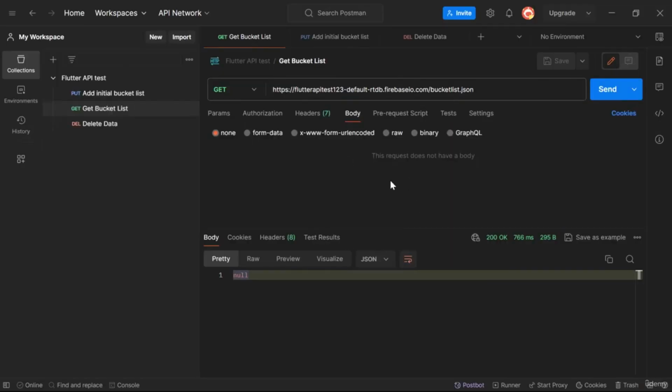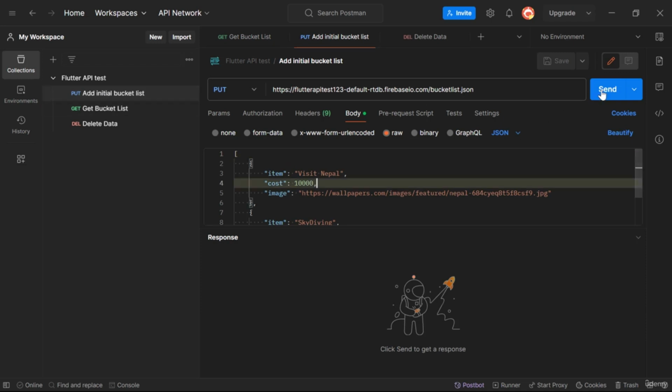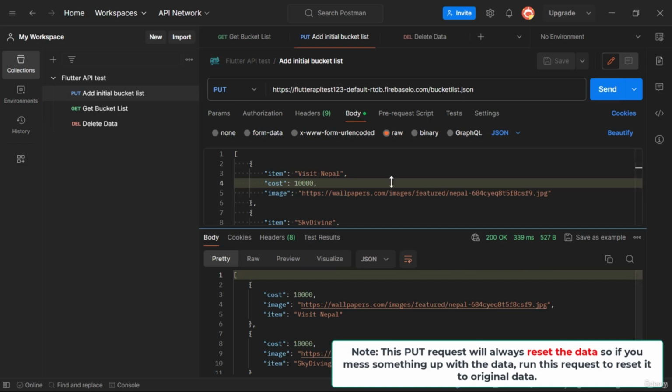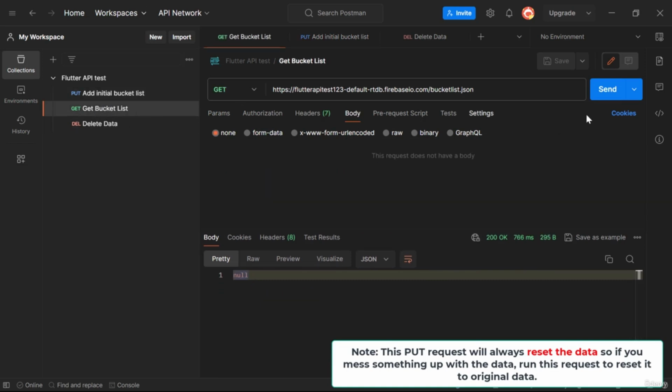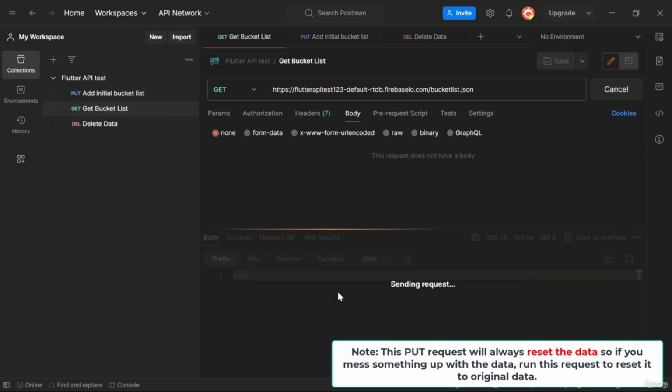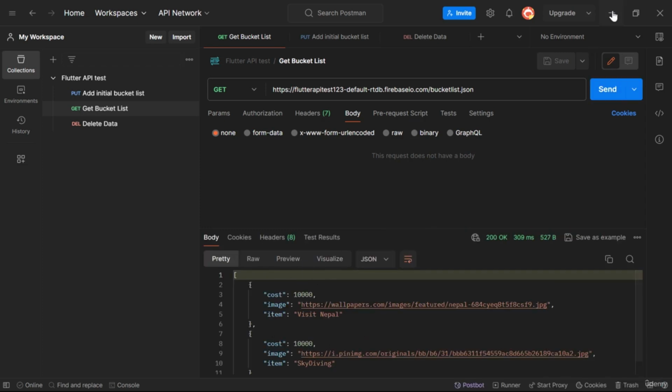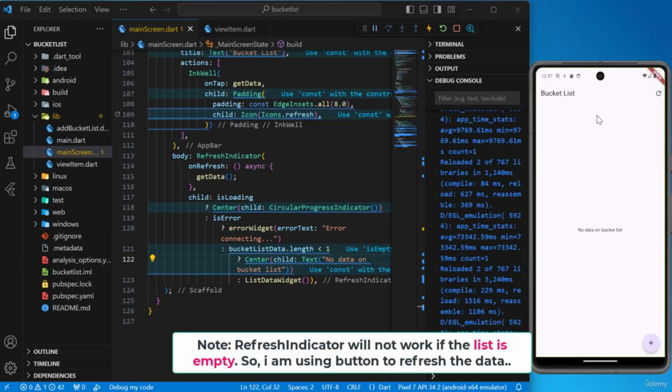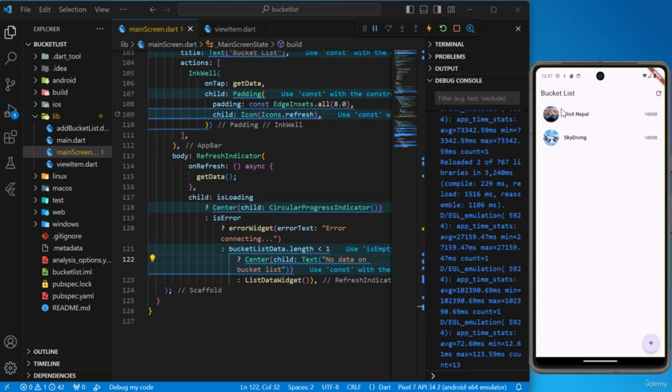And let's repopulate the data. For that, let's use this add initial bucket list, and we have this JSON data ready. So let's send the request, and this will bring up our previous request. So if you mess anything up, then you can always reset the data by using this put request. Alright, so here you can see we have all this data. Now let's refresh the page by using this refresh button, and here we have repopulated the data using our old